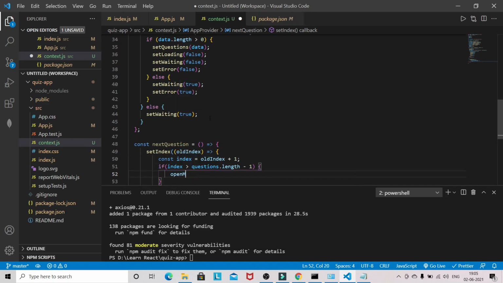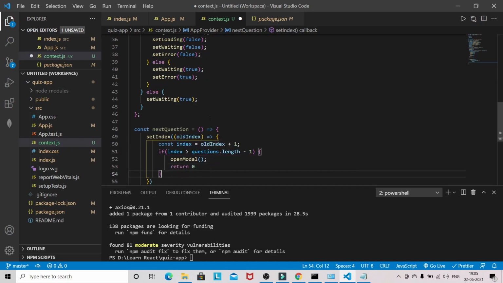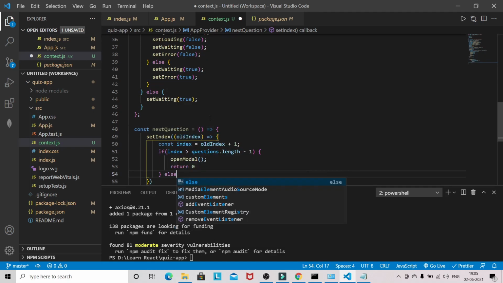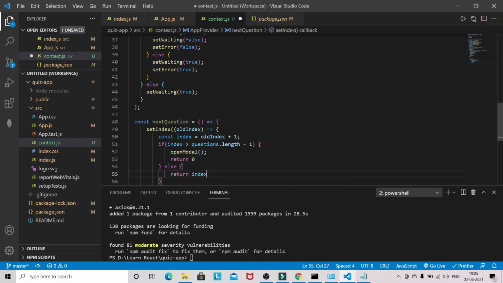So we have to write this function openModal just after that, and return 0, else return index.